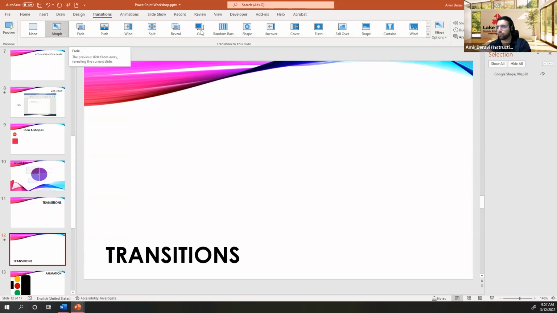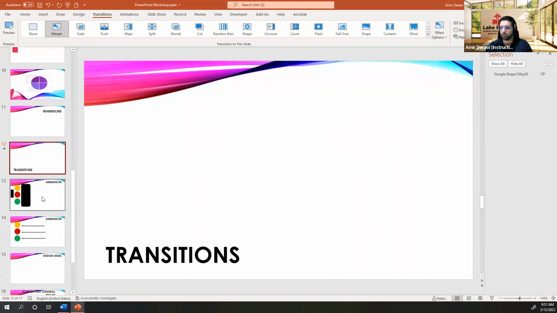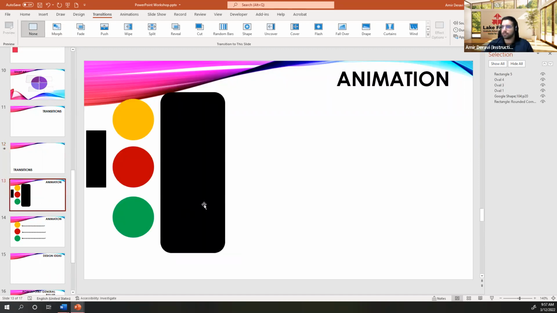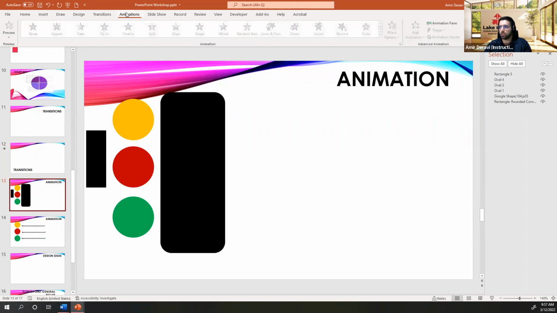Again, you can do a lot of fun stuff with these ones. I'm sure you have played around with these. There's a lot of ways to do transitions, but I enjoy Morph because it's new. It adds that animation effect that makes things a little bit different. Okay, so we started talking about animation. Let's talk about animation. So there is an animation